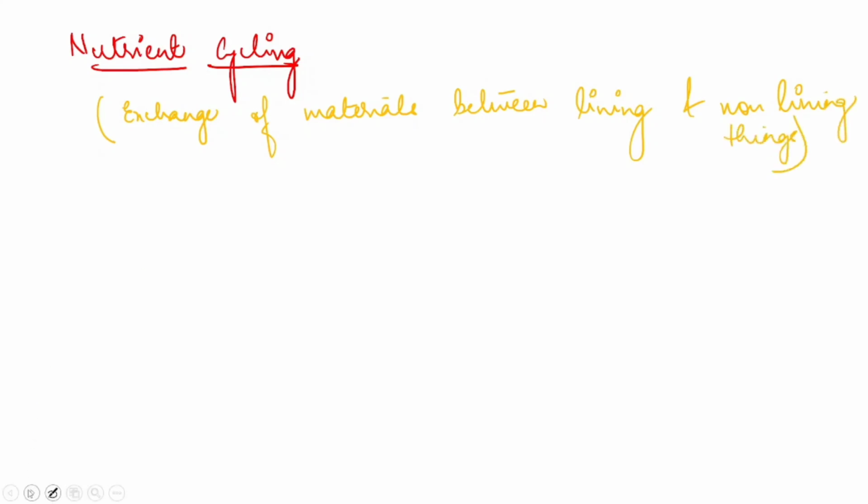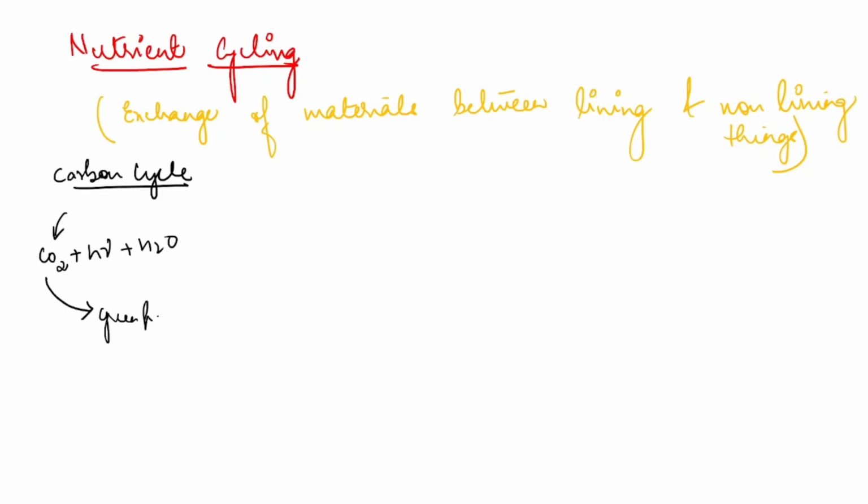For example, we have discussed the carbon cycle. Let me show you here. Plants take carbon dioxide plus sunlight plus water, right? And green plants prepare food in the form of glucose, C6H12O6, right? And this glucose is taken up by all other